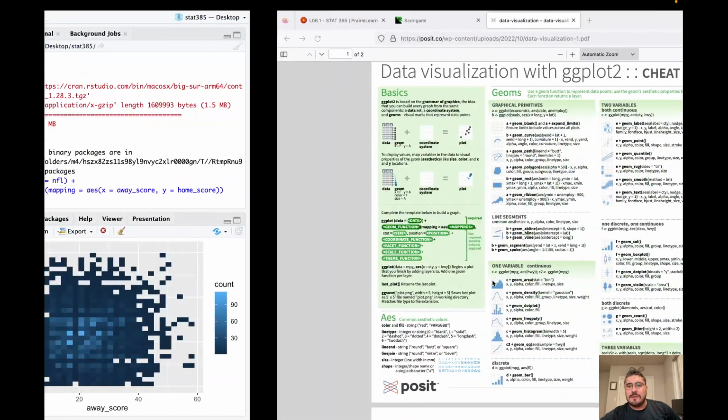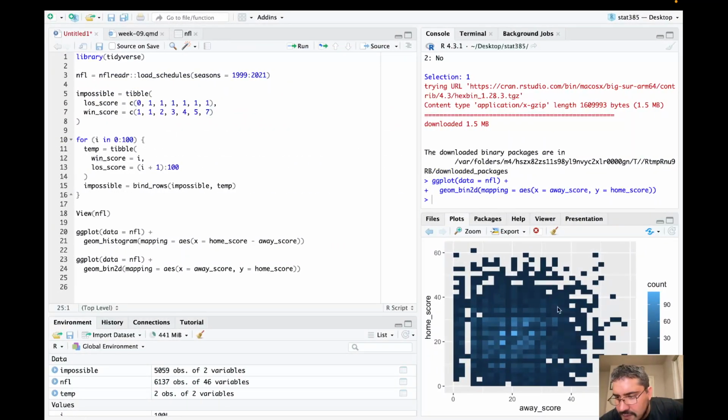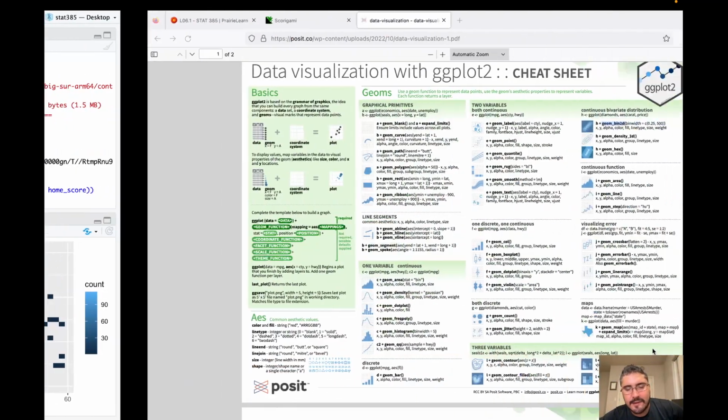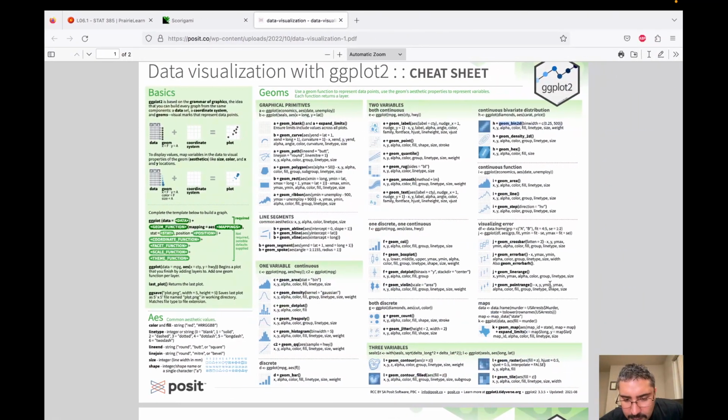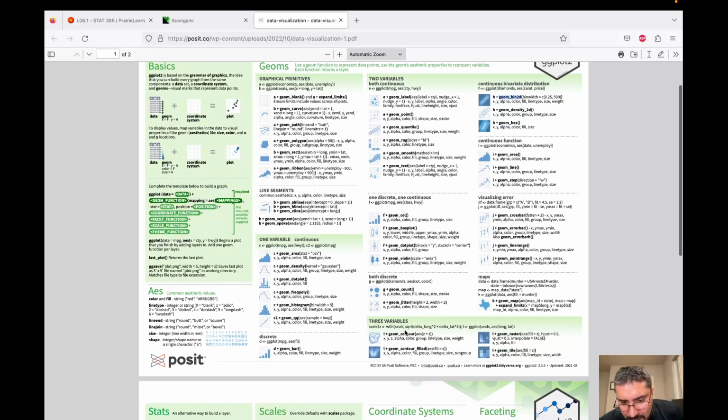Looks pretty good too. Okay, and that's getting closer. It has a color gradation on the side to specify information about the counts. I don't think we necessarily want that gradient. Okay, so I know I said 2 variables, but there's a few down here